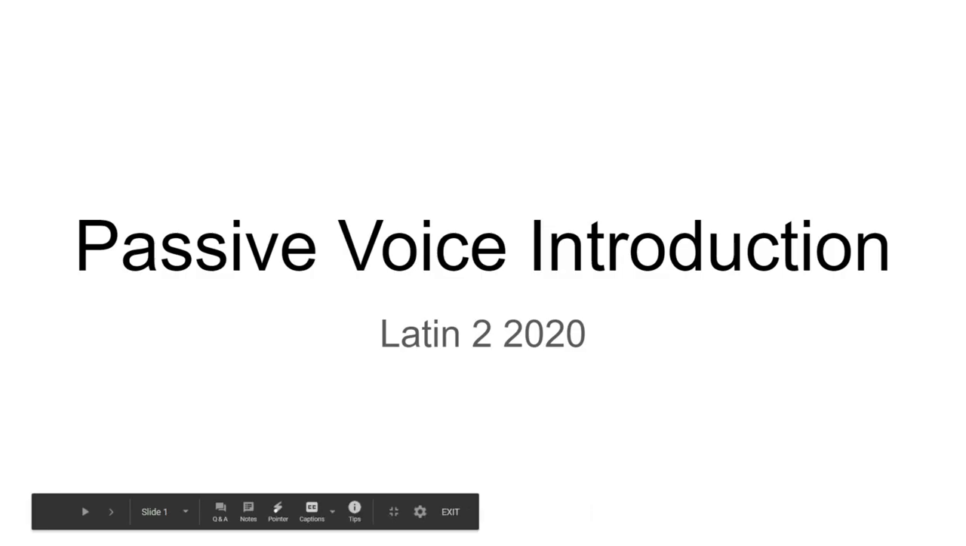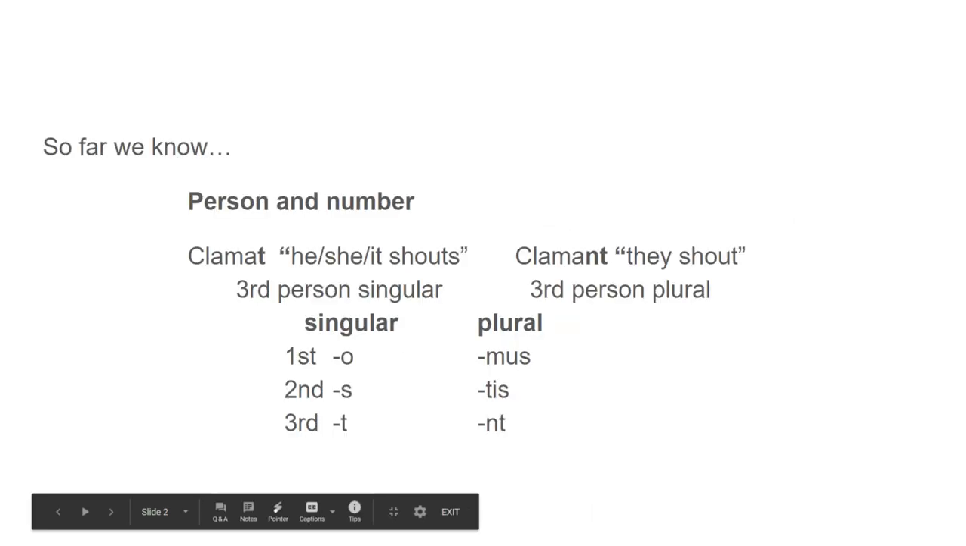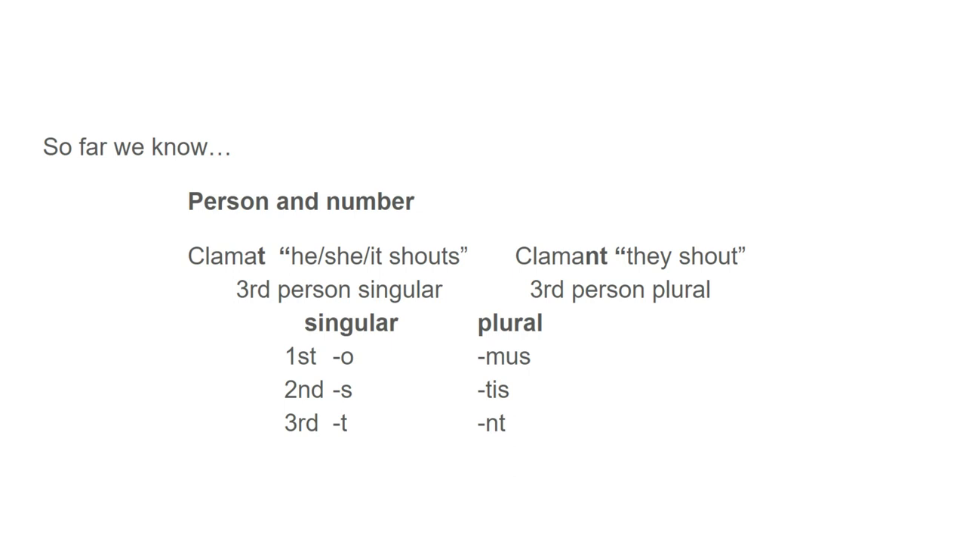So, passive voice, this has to do with verbs. Both English and Latin use active and passive voices. So far in our verbs, as we've discussed them, we know these terms. We know person and number. When I say person and number, I'm referring to who the subject is. Every verb has this. And the endings that you know best are o/m, s, t, mus, tis, and nt that I've written